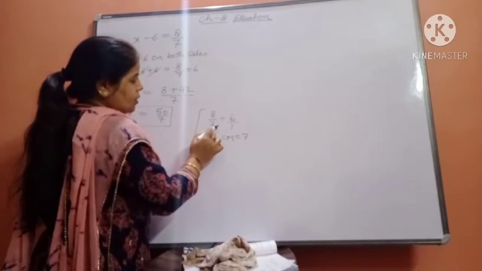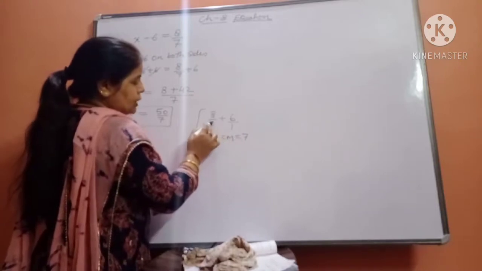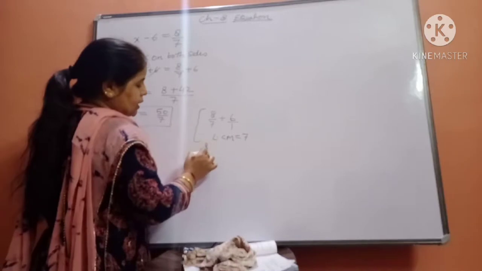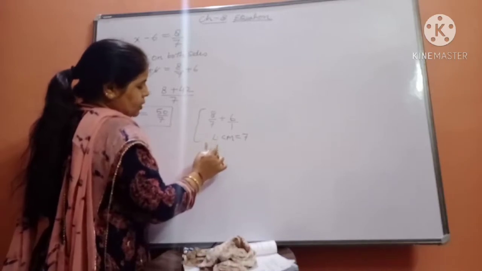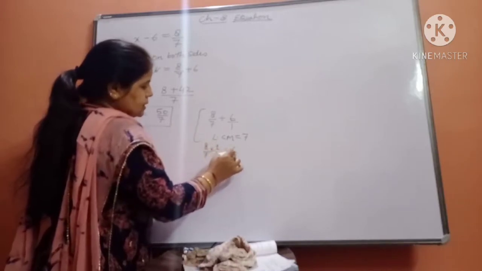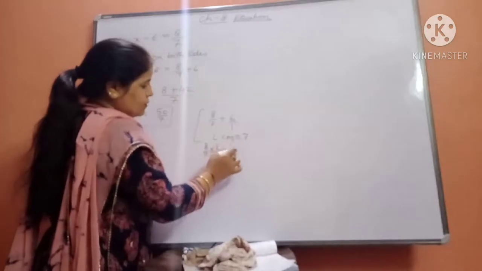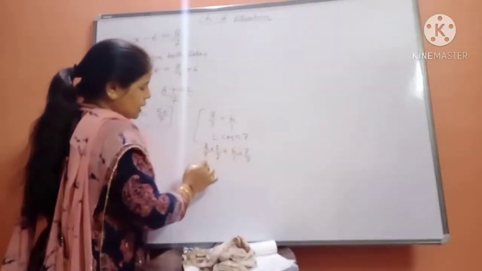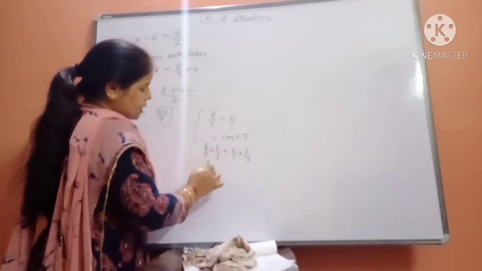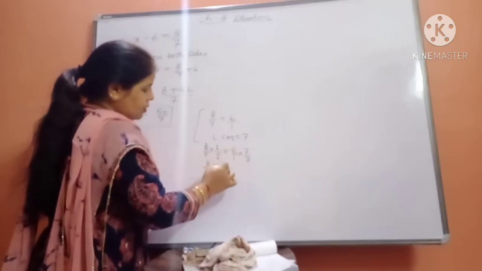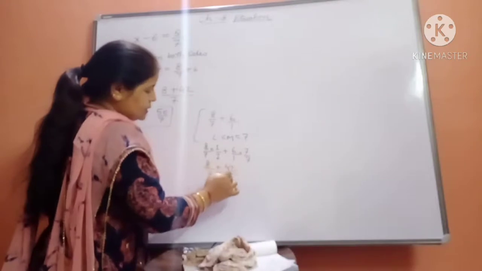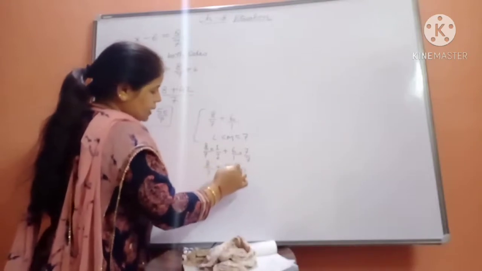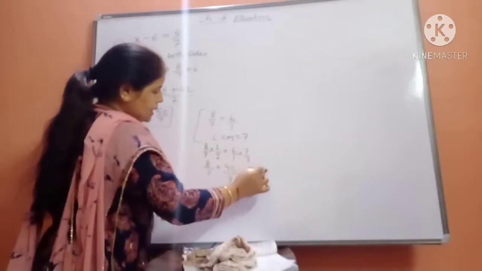And see now, if LCM is 7, so already 7 is there. So here you don't want any operation. So multiply it by 1 upon 1 plus 6 upon 1. So you would like to make it 7. So what you will do? Multiply it by 7 upon 7. So 8 upon 7 plus 6 times 7 is 42 plus 7 upon 7. So it will become 42 plus 8 a whole upon 7.